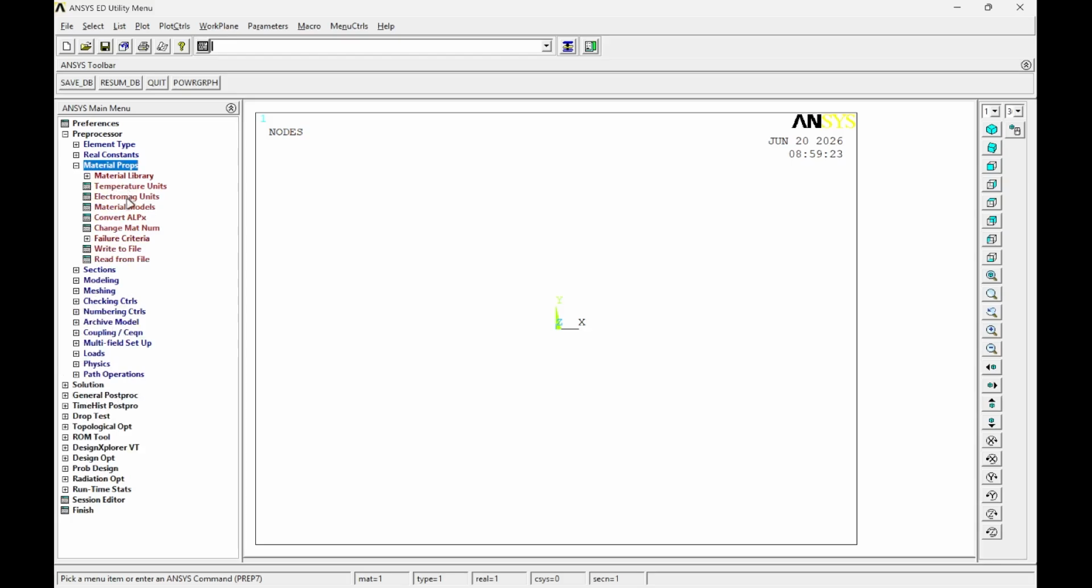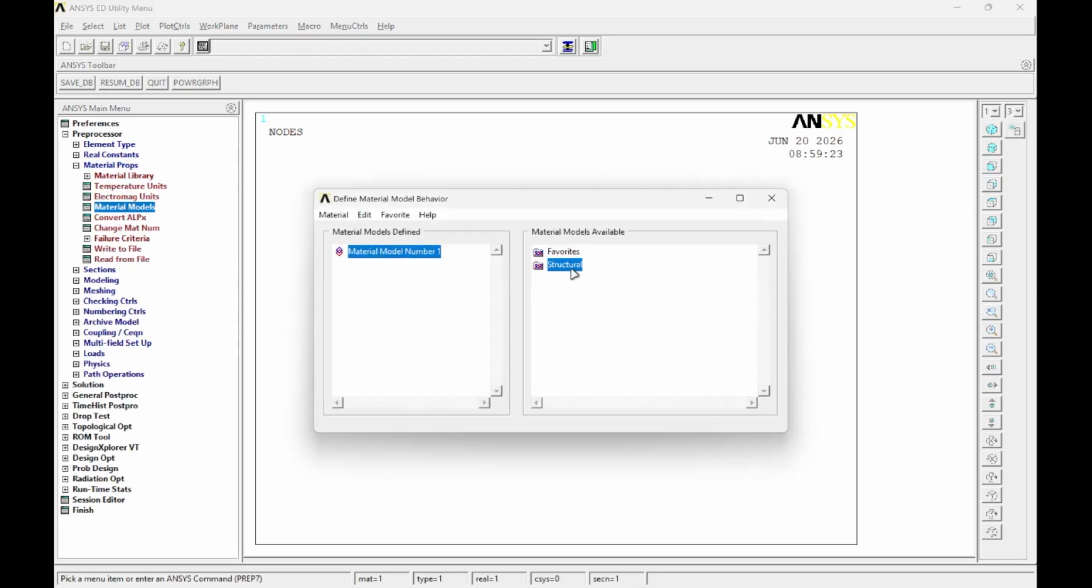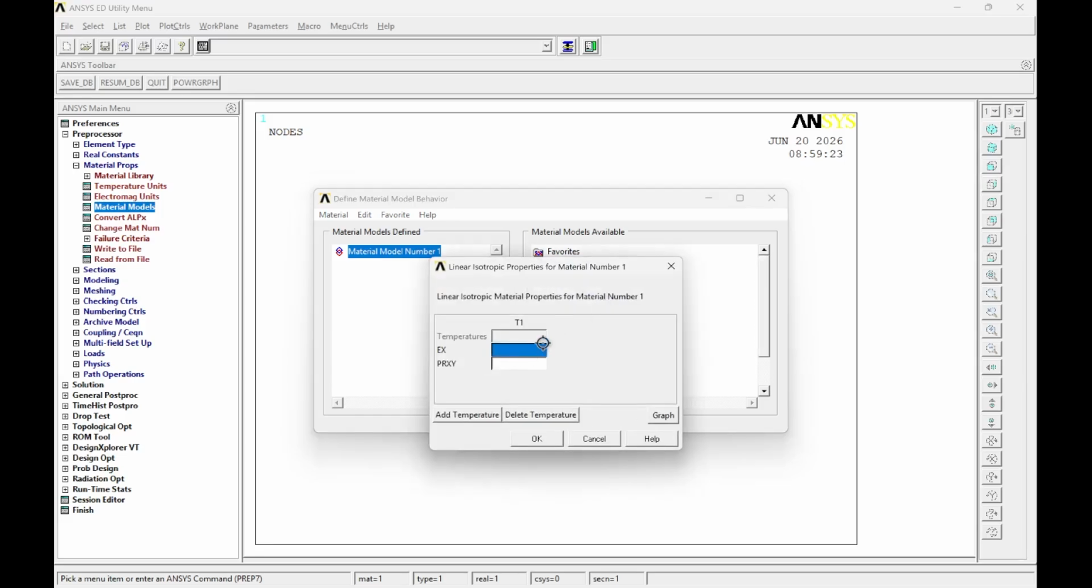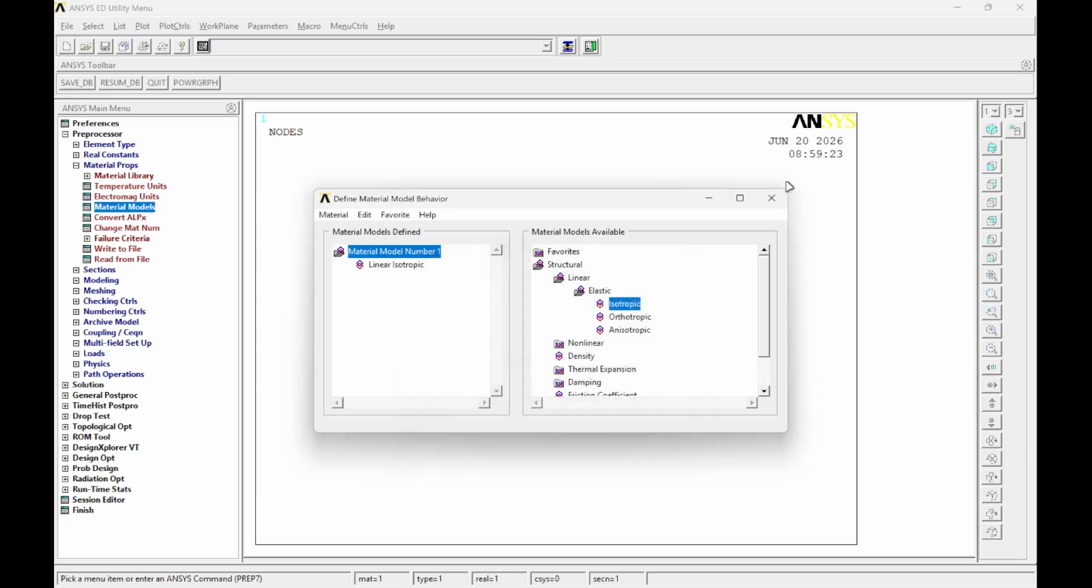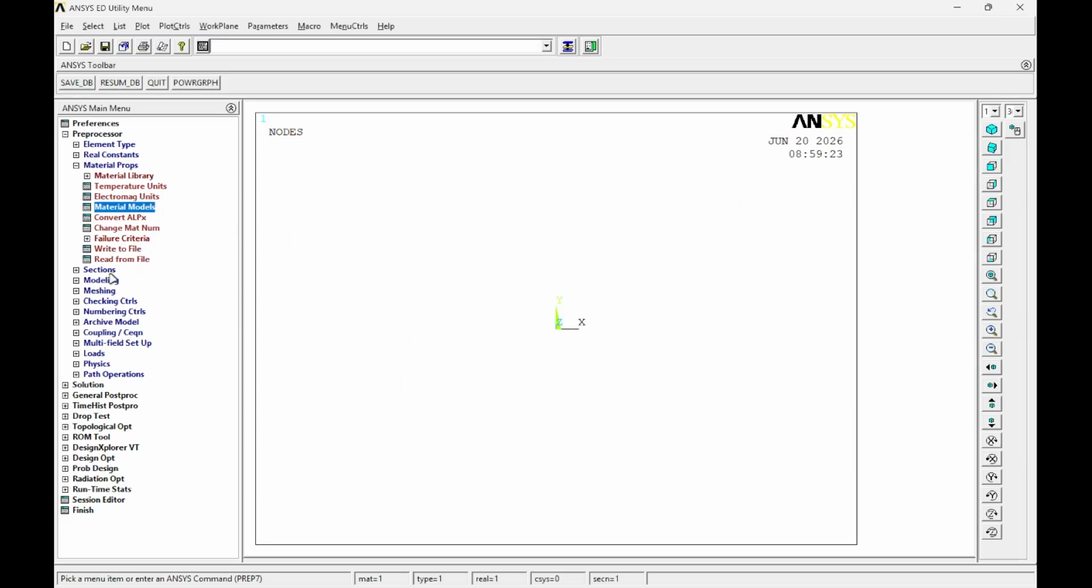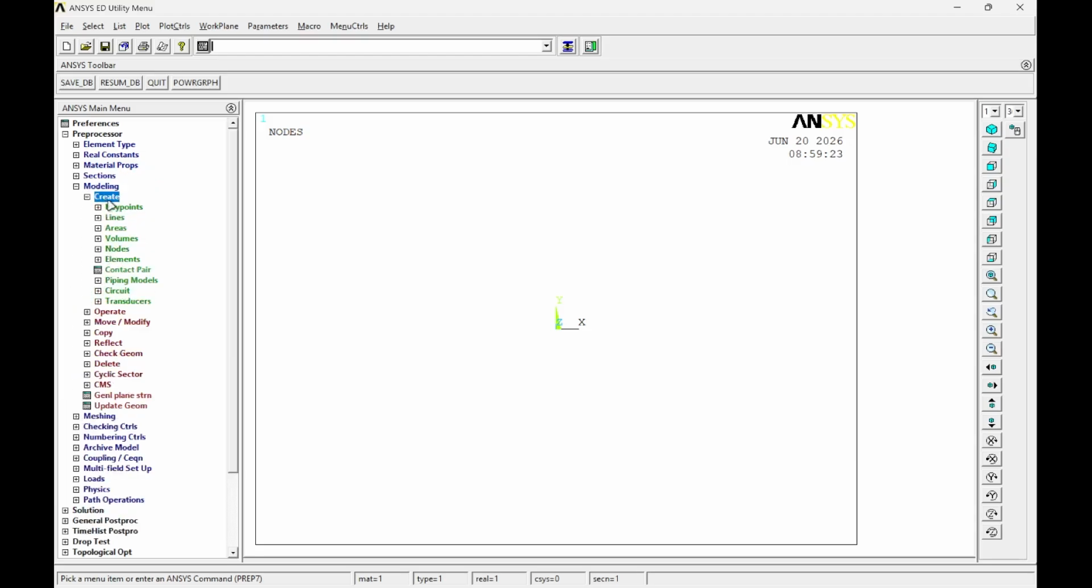Going to material properties, material models, selecting structural, going linear, elastic, isotropic, and the EX value for this would be e to 5 with the PRXY as 0.3. Clicking on OK, close this window, and now we'll go to the modeling section by creating